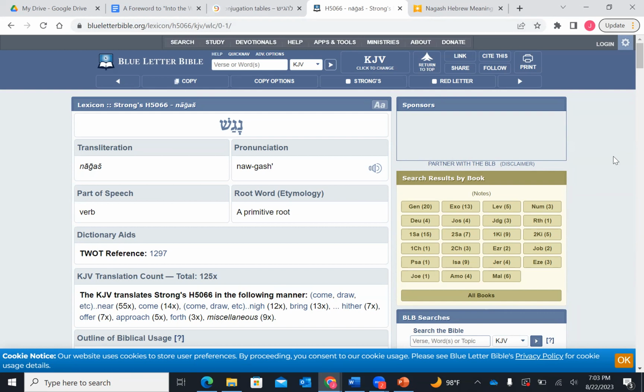Modern Hebrew is Latin-based in part, and there are Latin words. Telephone is Latin, aeroplane is Latin, taxi is Latin, so there are some Latin-based words in modern Hebrew. That doesn't make the entire language Latin.